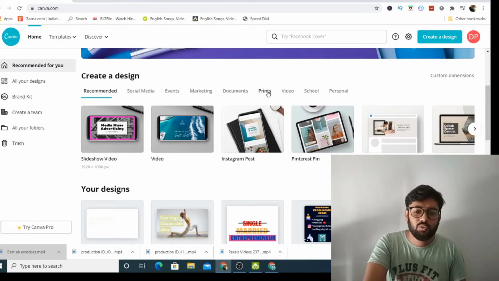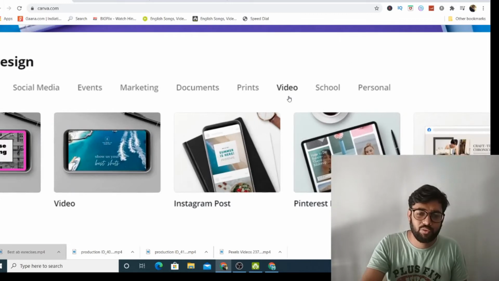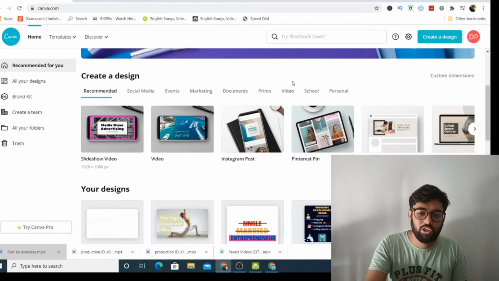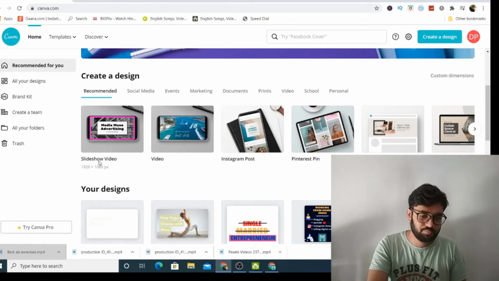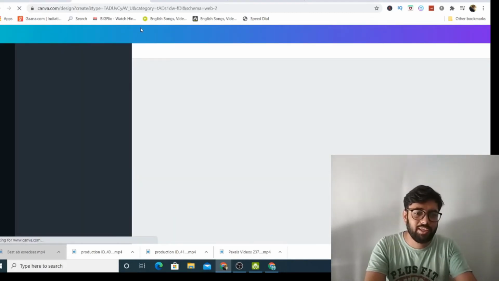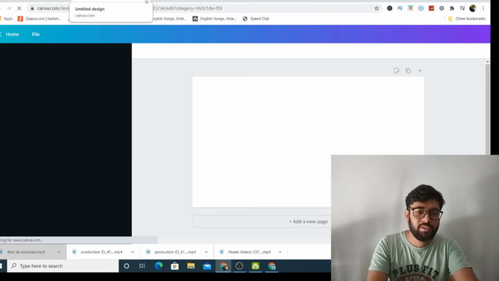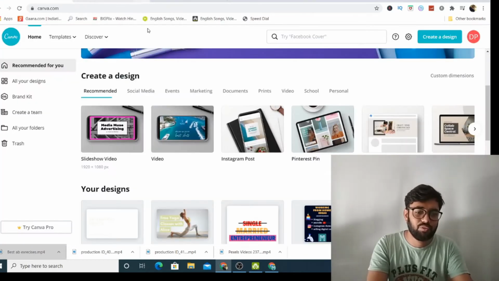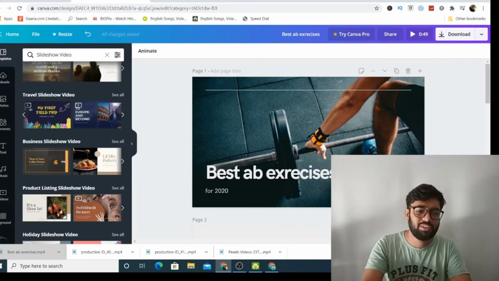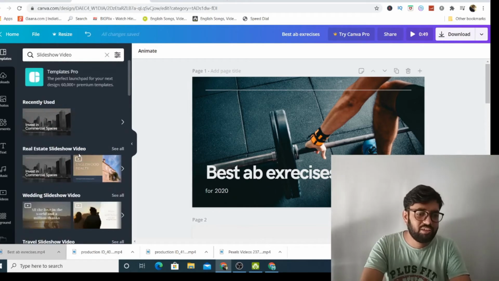Now all you need to do is click on this videos. You can see over here a video icon is appearing. All you need to do is click that, and just you need to click on the slideshow video. You can create a full HD video out of it. So the thing is that you can now select any of the templates, but I have already made some templates which you can already use. You can see there will be an interface just like this which will appear on your screen. So all you need to do is